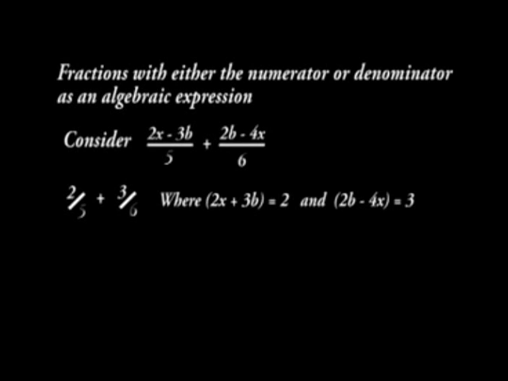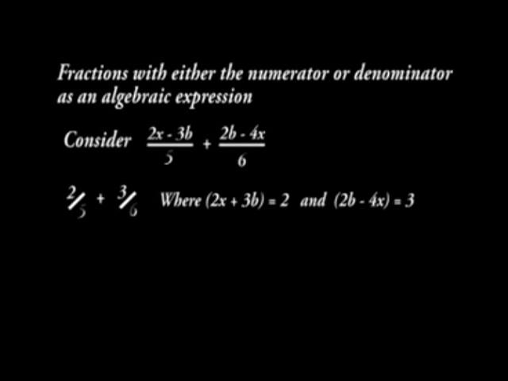Algebraic fractions. These are fractions with either a numerator or a denominator which is an algebraic expression. Consider (2x - 3b)/5 + (2b - 4x)/6. The terms 2x - 3b and 2b - 4x represent numbers and could as well have been numerals, say like 1, 2, 3 or 100, so that we could have had 2/5 + 3/6 instead of